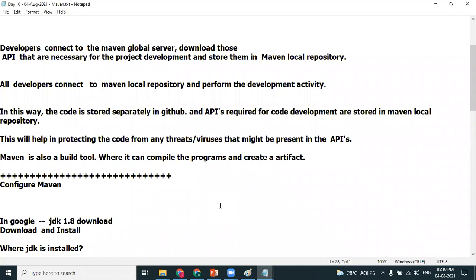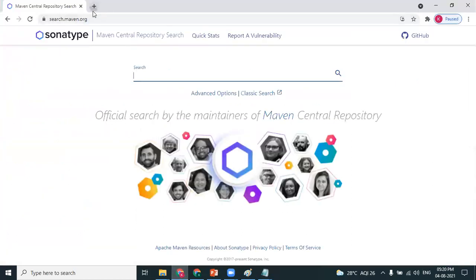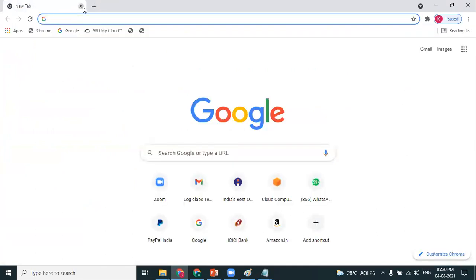The prerequisite, if you want to install Maven, is that you have to have JDK 1.8. JDK stands for Java Development Kit, 1.8 or above needs to be downloaded. So how to download it? Open Google.